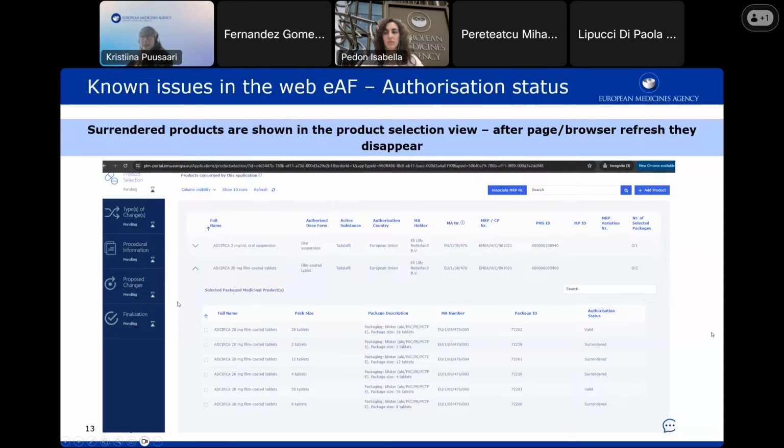So this is an issue. However, it's a somewhat intermittent issue. It doesn't happen every time you open the form, even though those surrendered packages are there somewhere in the background in the system. Also, they are initially shown, but after a few minutes, and mainly after a page or browser refresh,